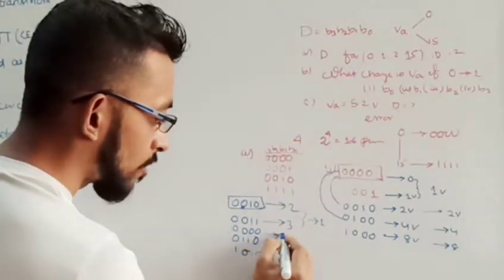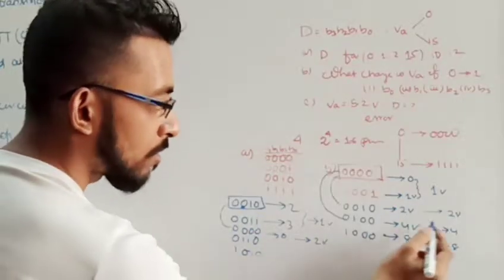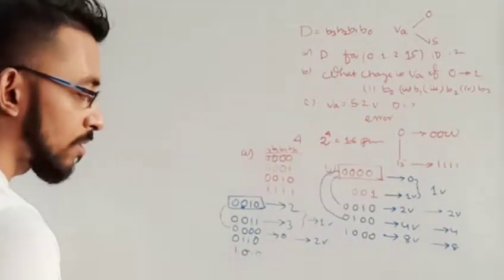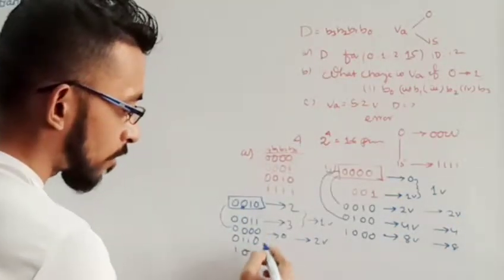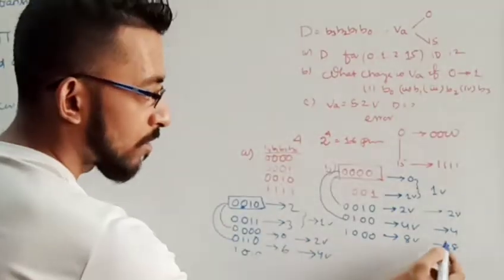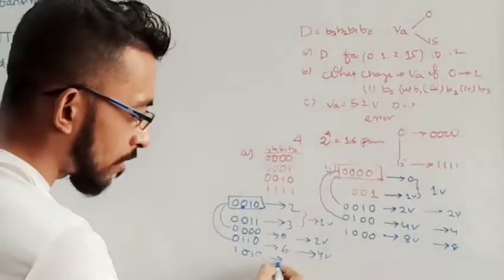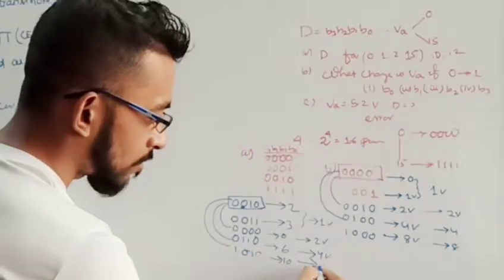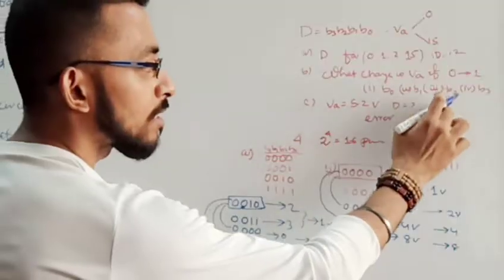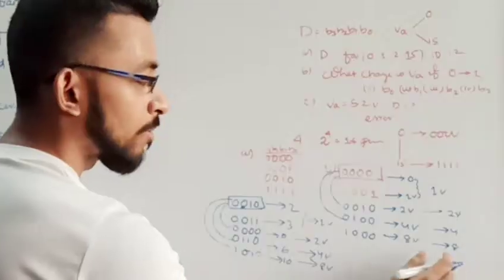For the second case, this value is 0 and this value is 2. So what is the difference? It is also 2 volt. So you can see that changing the B1 bit changes the value by 2 volt. Similarly for the third case, this is nothing but 4 plus 2 equal to 6, and here 2. So what is the difference? It's nothing but 4 volt. Here also 4 volt. This is 1 0 1 0, which is nothing but 8 plus 2 equal to 10. So what is the difference? It's nothing but 8 volt. So you can take any of these 4 and implement these changes. You will see there will be a difference of 1 volt, 2 volt, 4 volt and 8 volt. Okay.